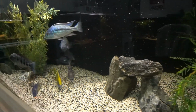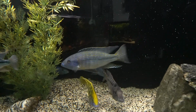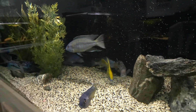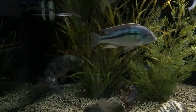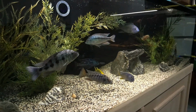Normally I keep the focus entirely on the fish, like it should be. But there's a side to this that I really need to get onto, and I'm going to go ahead and just show it to you. Let's start with behind this tank, behind this 300-gallon, 7-foot across tank, which, by the way,